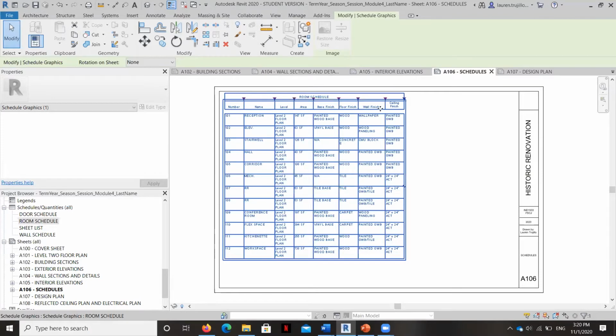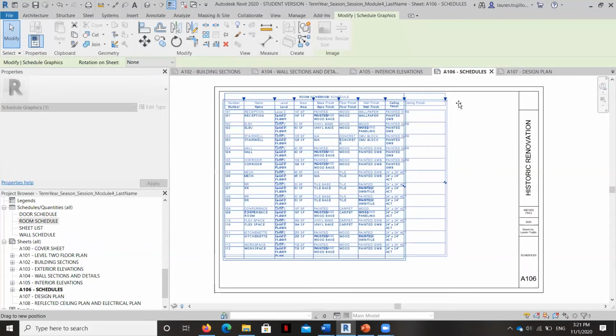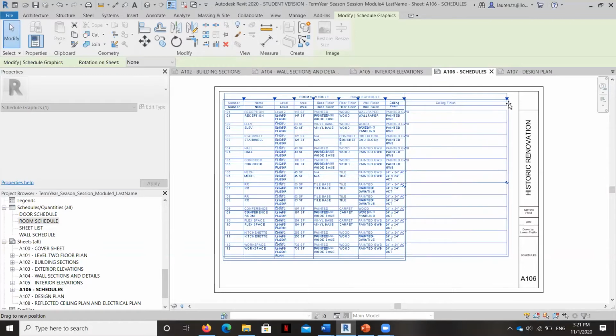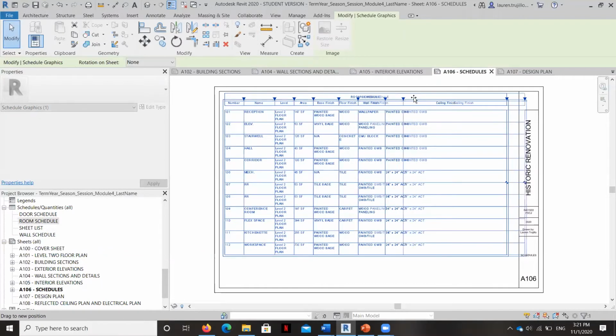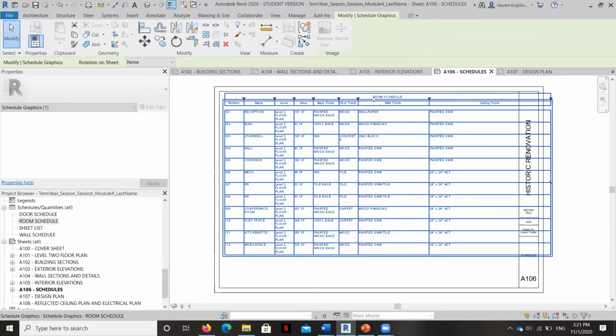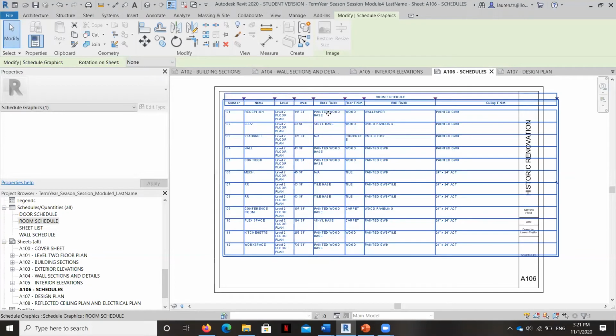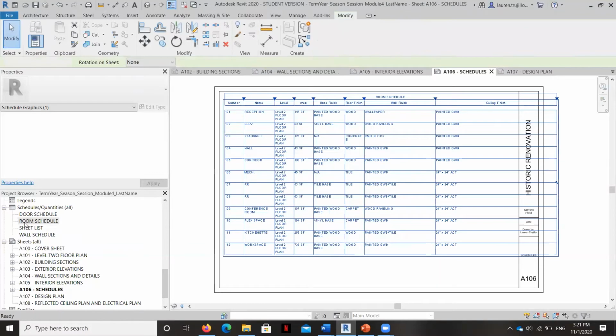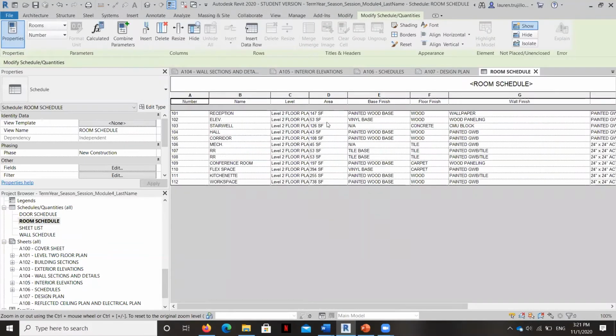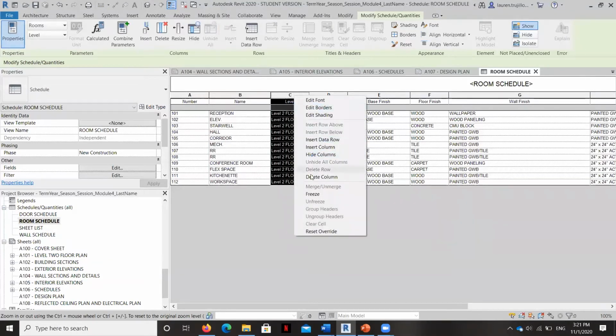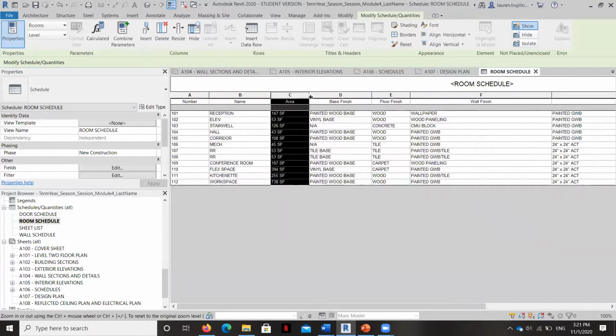And let's see if we can stretch out any of this so that the whole thing gets a little bit thinner. Now, not everything's going to populate right now because we don't have all that information yet. But I'm going to go ahead right now and just go back to the room schedule itself. And I'm going to try to get some of these items a little bit shorter so that they're taking up less room. So I'm going to go ahead and get rid of this column because we don't need it.